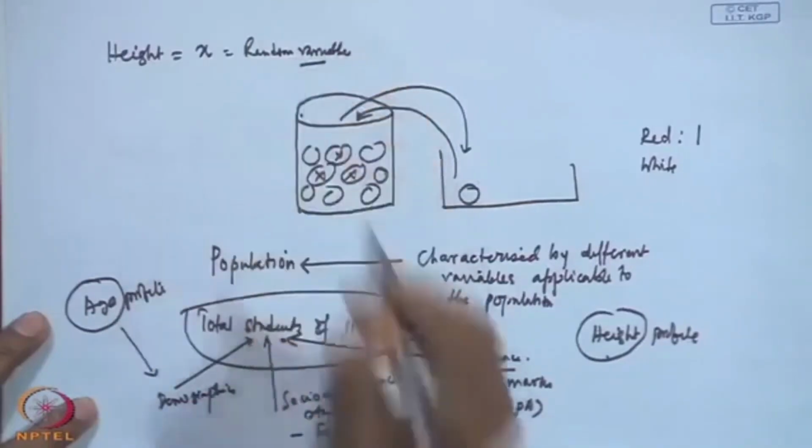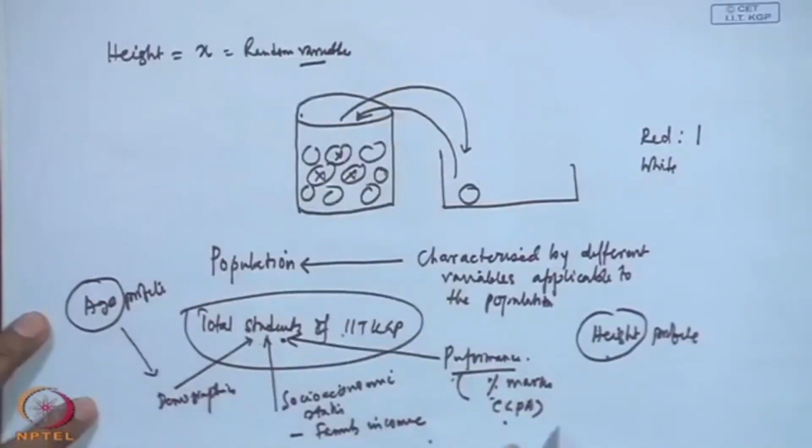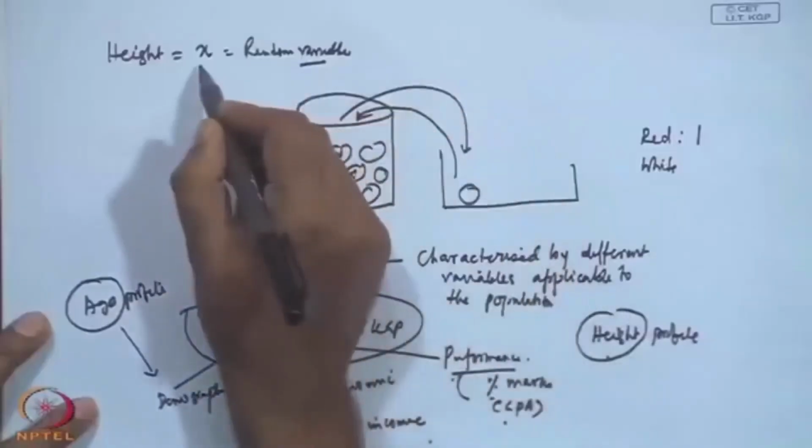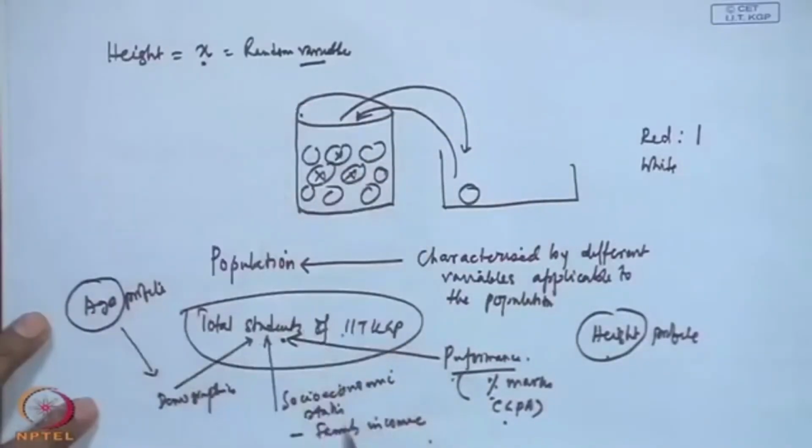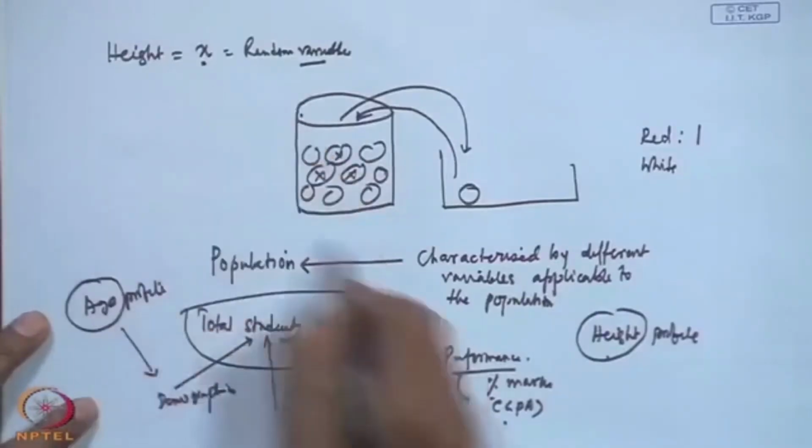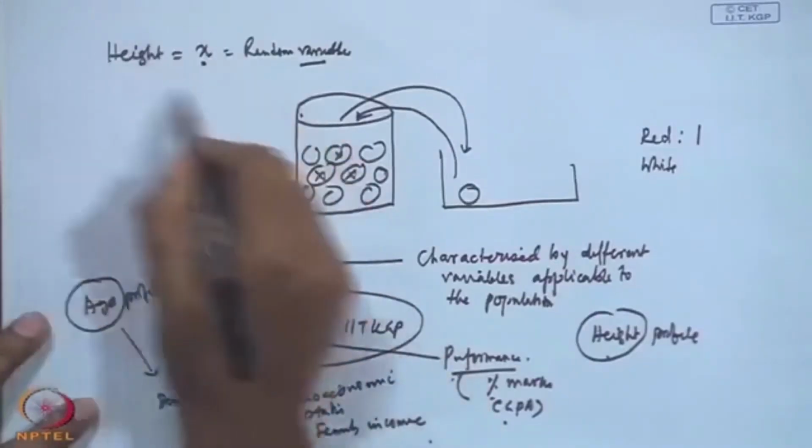Here we say it is random because if you just pick up one student, you do not know his height, but when you measure you will find some height. So, I want to characterize IIT students in terms of their height,